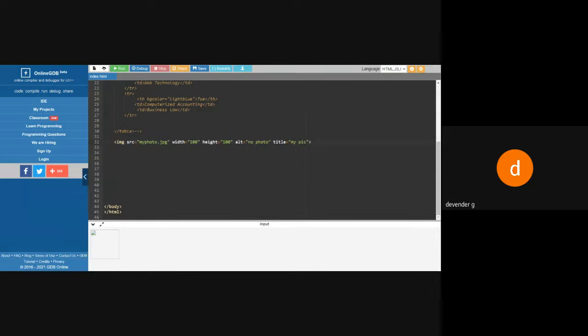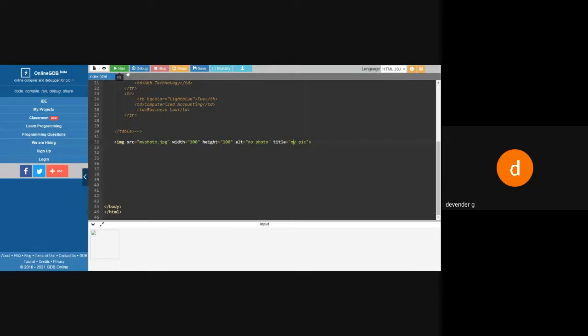It is getting a notification. We call this a tooltip. So like that, I want to create one tooltip. The image is there, a bigger size, so I made 100 as the size. Then if the image is not able to show due to some network problem, maybe the image got damaged or something happened to it, it is going to give me some information about it. And also it has the title, the message that you want to display.